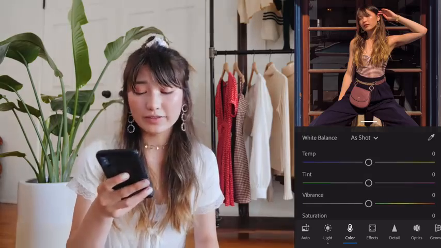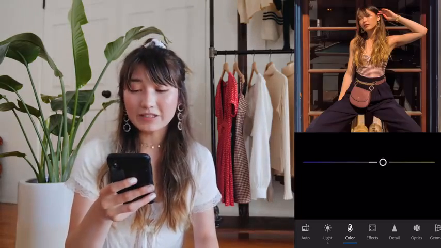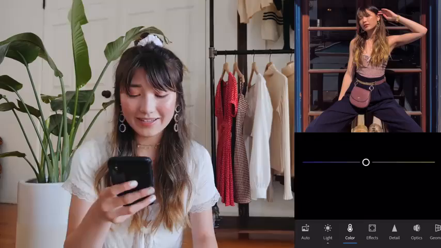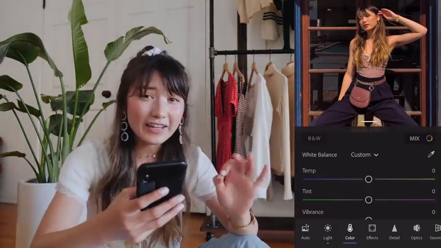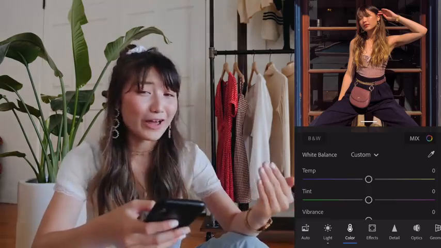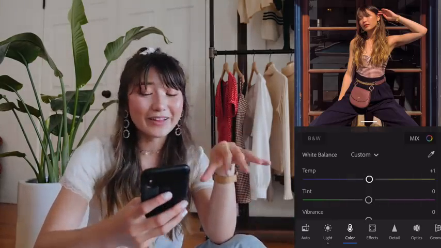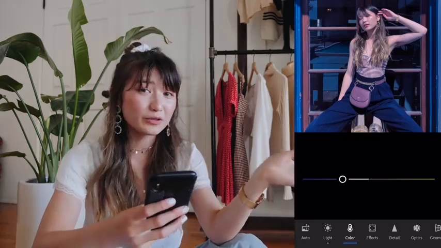So here we can control the temperature and tint of the photo. This basically controls how yellow or how blue the photo is. This section is particularly useful if you took a photo inside in fluorescent lighting in your bathroom. We all love a good bathroom mirror selfie. Those tend to look a little yellow, so you can bring the temperature towards blue in order to cancel it